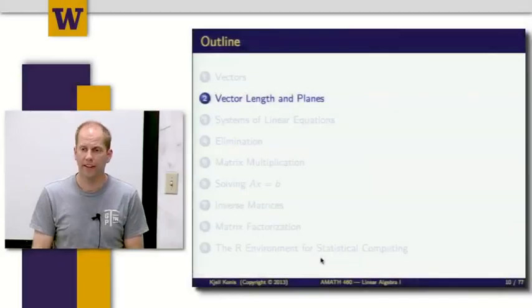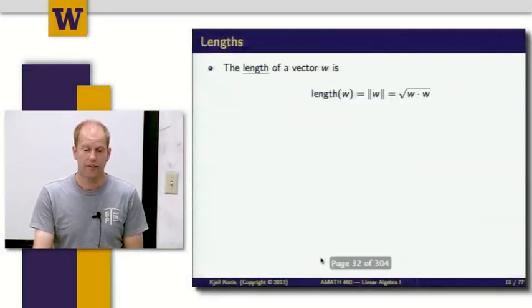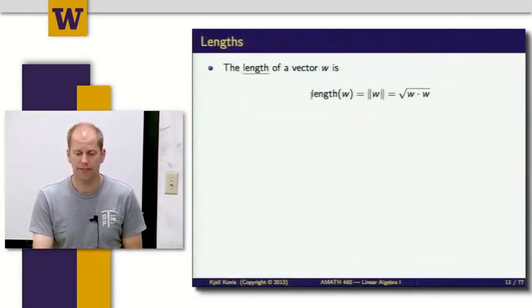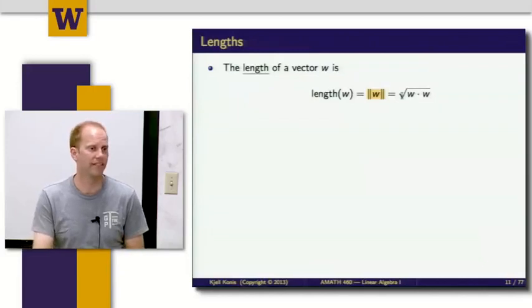Topic 2 is vector length and planes. So I'll start out with length. The length of a vector W is just going to be defined, and I'll use this notation to mean length: two vertical bars, sort of like a double absolute value. It'll just be the dot product of the vector with itself, and then I'm going to take the square